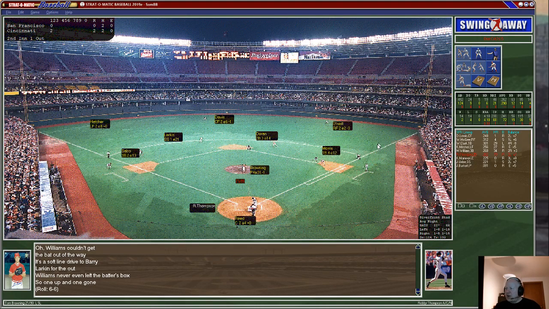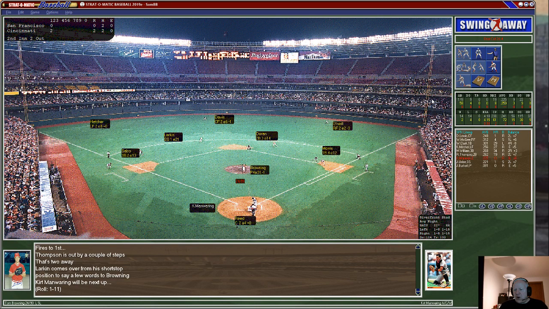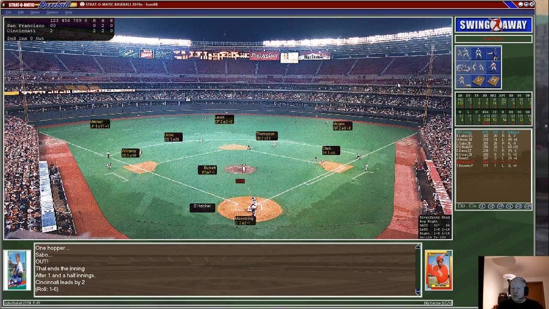And with one out, here is Robbie Thompson, the fine second baseman for the Giants. Thompson hits one to the right side. Bill Doran takes it on one hop and tosses it over to first for the second out of the inning. And up next will be your catcher, Kurt Manwaring. Pitch to Manwaring is grounded to Sabo. Sabo picks it up and tosses it to first. 3 up and 3 down for Browning in the second, as the Reds have staked him to a 2-0 lead